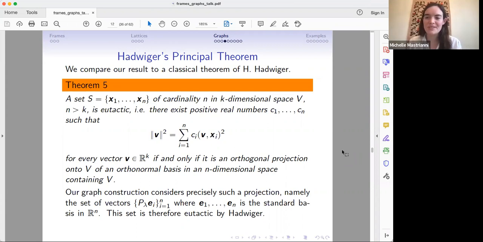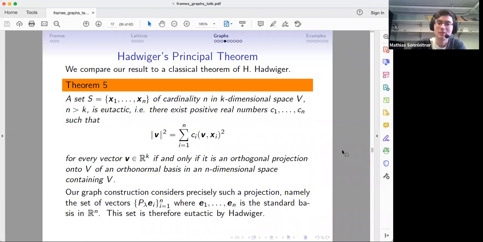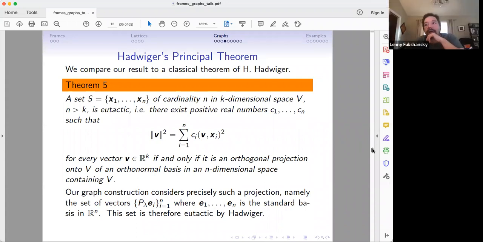Further questions? I would have a question. Thanks for the interesting talk. You explained how to go from a graph, a distance-transitive graph, to these lattices you're looking for, these strongly eutactic ones. Is there a way, aside from this special contact polytope, to go from the lattice back to the graphs? Can you get all distance-transitive graphs, for example, by looking at these lattices? I see, so you're now asking for the way back.